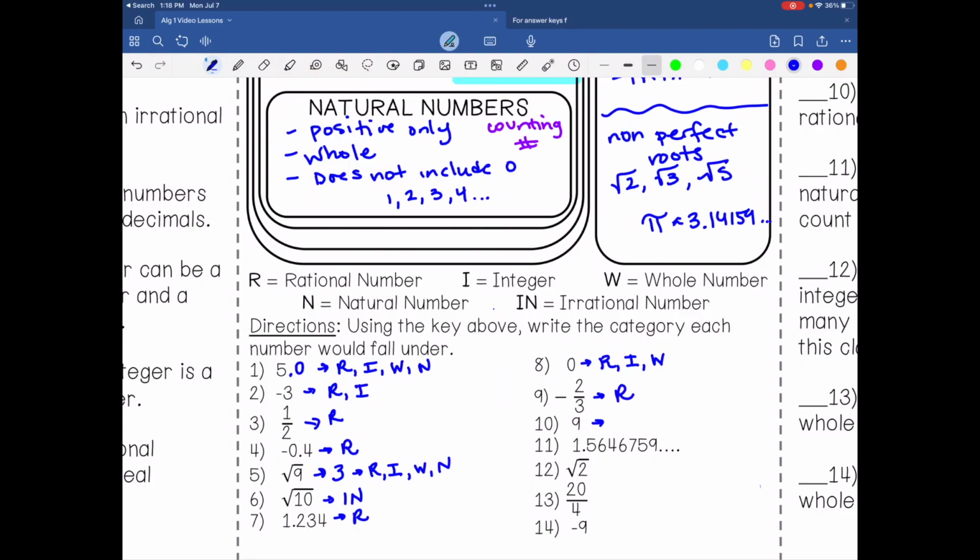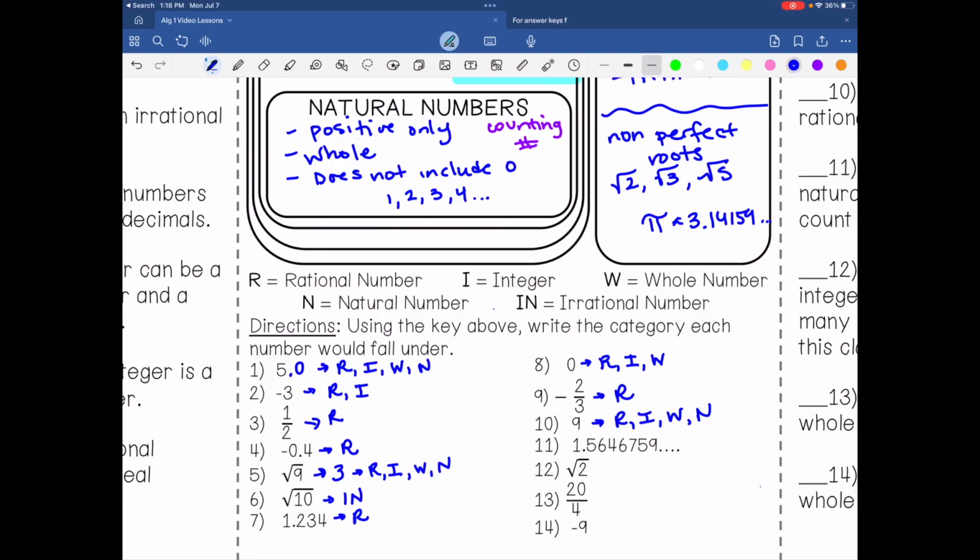9 is going to be the same idea as 5, right? Because it's a number, a whole number. So it's rational, it is an integer, it is positive, so it's whole, and it is a counting number. All right,